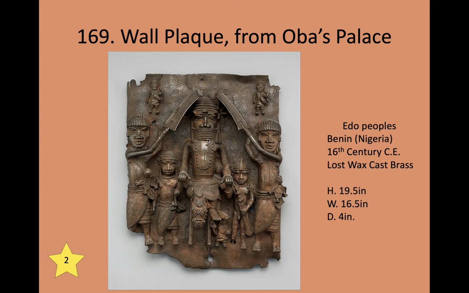Okay, when you look at how high they are, they're about 20 inches high, about 16 and a half, 17 inches wide. They are high relief. They stick out. Look, 4 inches they stick out. So 20 by 16, big pieces, okay? There were over 900 of them. And they were put up on the walls of the Oba's palace as basically,